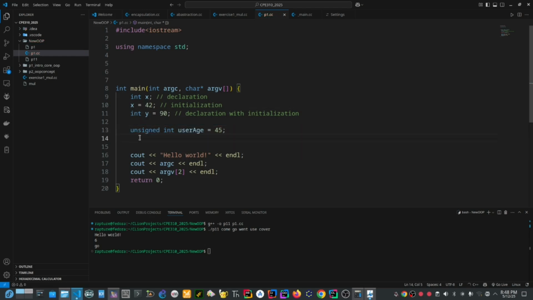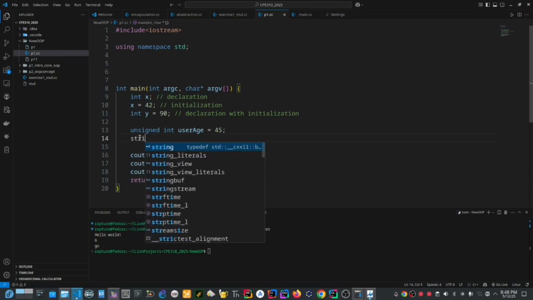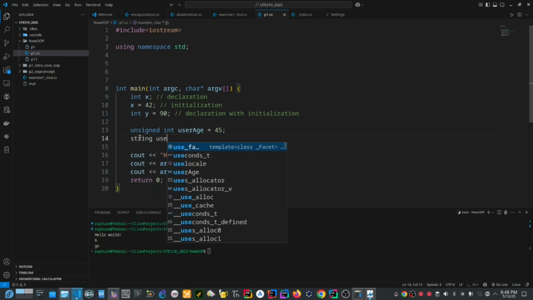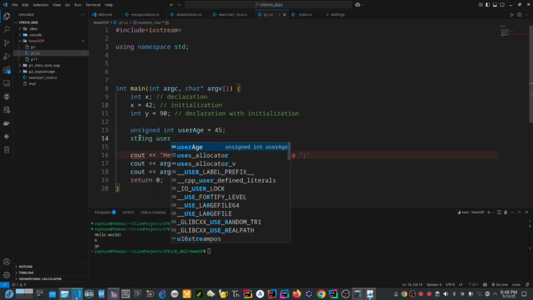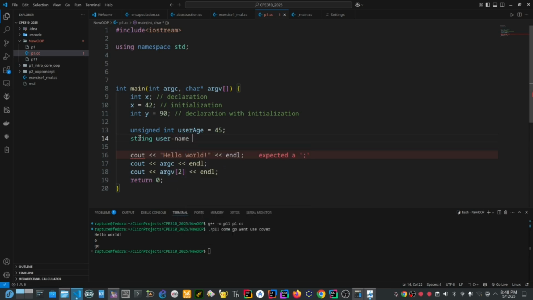Then we have maybe a string. Use the first name. You can say okay, username. Let's use that name. You can do it this way. Equals Frederick 2234. Understand?